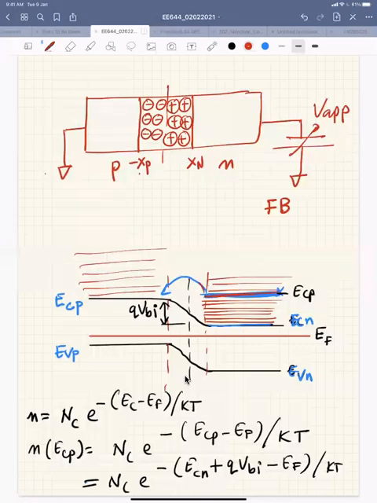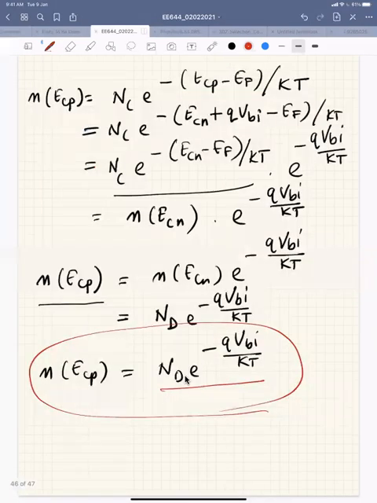Only this much electron could be injected to the P side. So now, if I give a forward bias, this is at 0. This is the equilibrium condition. Let's say I'll put it 0. If I give a forward bias,